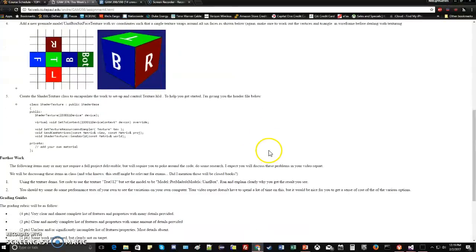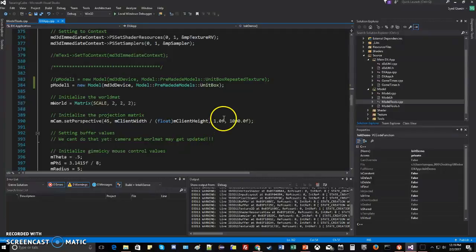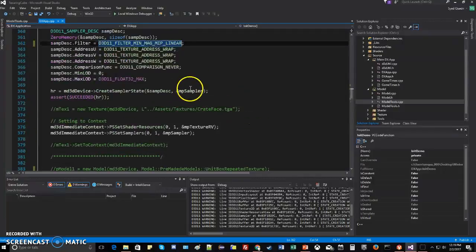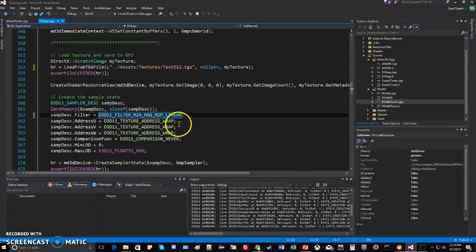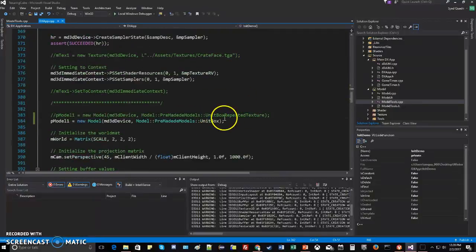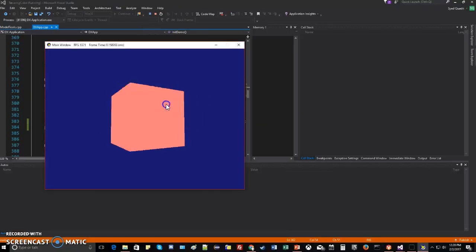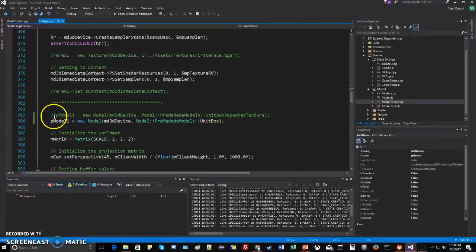and then in terms of further work, using the 512 texture, here I defined using the 512 texture, and then instead of using the unit box repeated, we use the unit box, which doesn't take texture UV coordinates. We just get a pink box, pink cube,